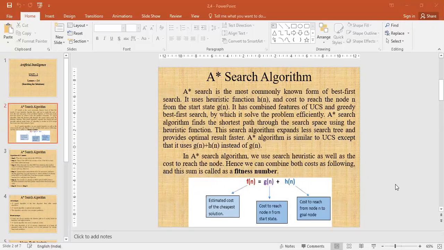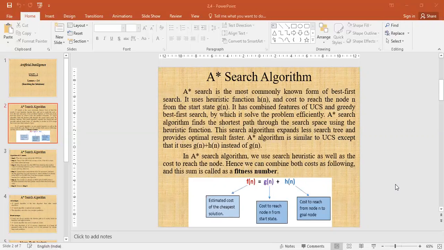So in A star search algorithm, we use the search heuristic as well as the cost to reach the node, and we can combine both costs as follows, and this sum is called the fitness number. So f(n) equals g(n) plus h(n).